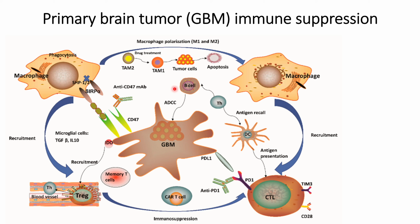At the same time, in general checkpoint inhibitor therapy, B cells take the antigen of the GBM and pass it on to the dendritic cells, and thereby the dendritic cells will recruit T cells or generate antibodies against the GBM. However, the activated T cells get suppressed because of the interaction of the PDL1 antigens with the PD1 receptors. So by blocking these two receptors, with anti-PD1 and anti-CD47 antibodies, there could be a possibility that patients affected with brain tumor might not have high immunosuppression,